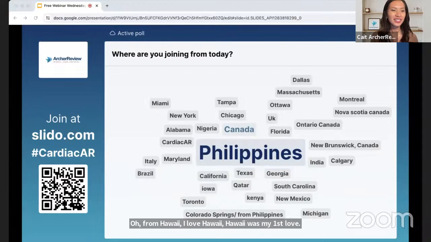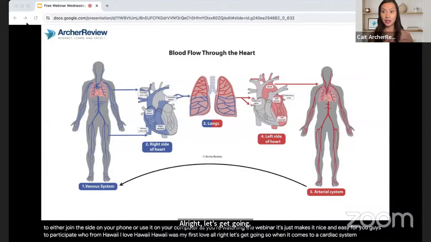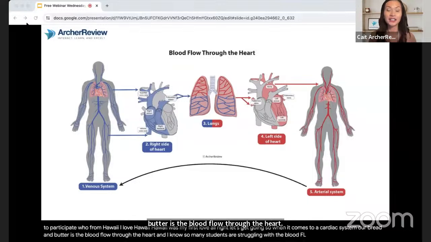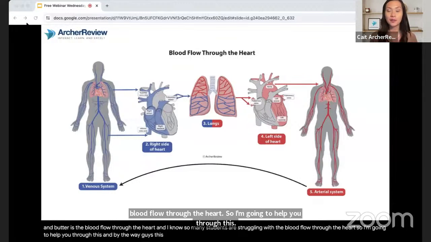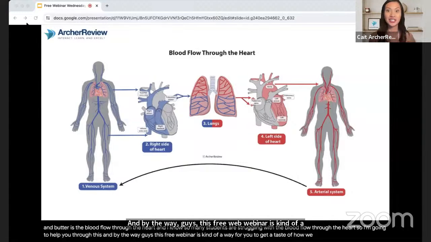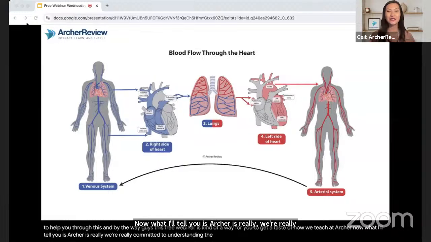All right, let's get going. So when it comes to our cardiac system, our bread and butter is the blood flow through the heart. And I know so many students are struggling with the blood flow through the heart, so I'm going to help you through this. And by the way, guys, this free webinar is kind of a way for you to get a taste of how we teach at Archer. Now, what I'll tell you is Archer is really committed to understanding the why and teaching the why,